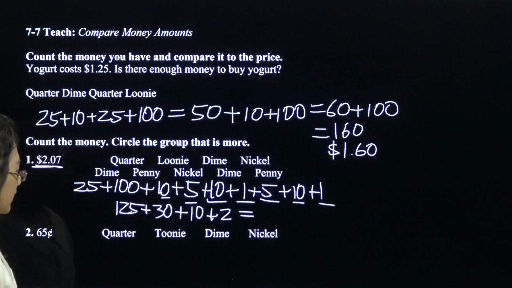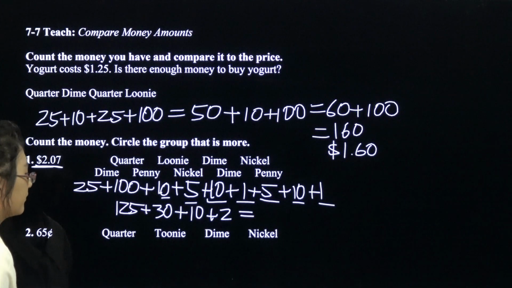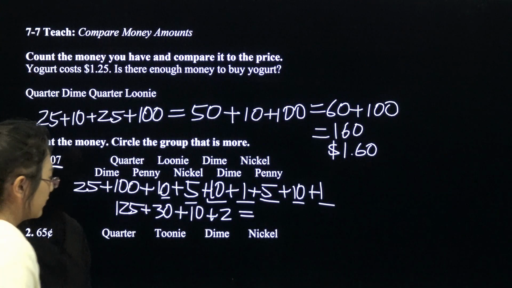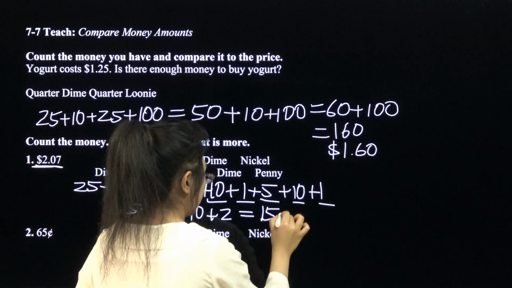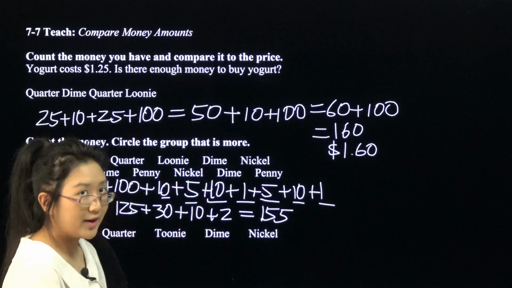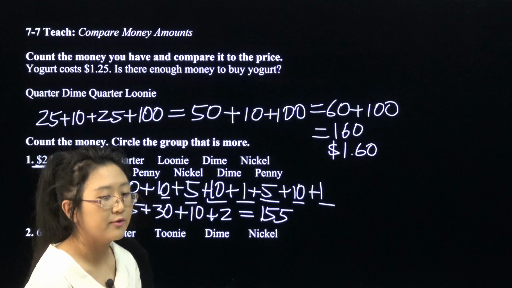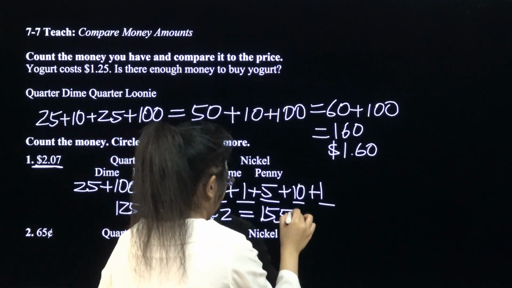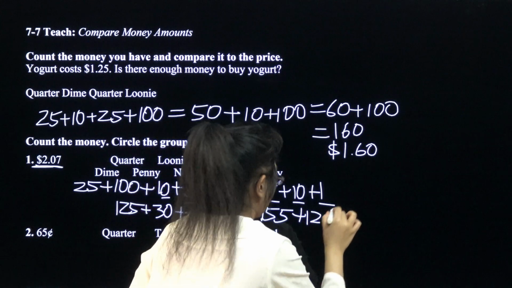And that would be 125 plus 30. You could do this in any order you want, because then again, this is addition, and the commutative property of addition says that we could do addition in any order we want. Plus 12, which is,